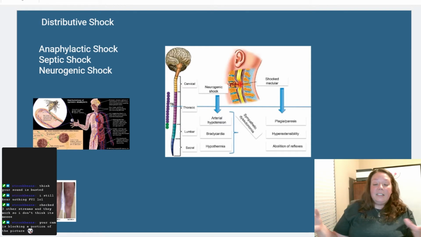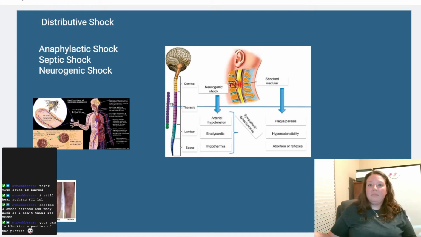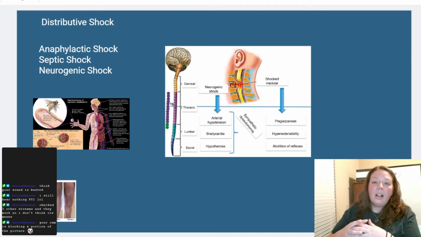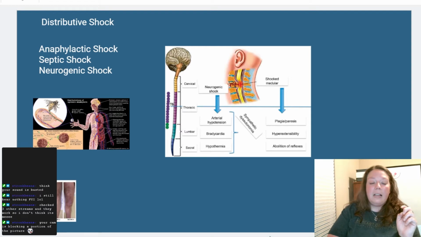Usually it's because the blood vessels just get big and floppy and leaky, and they just don't want to do their job. And we're going to go over the different reasons why they get floppy and lazy. Let's start with